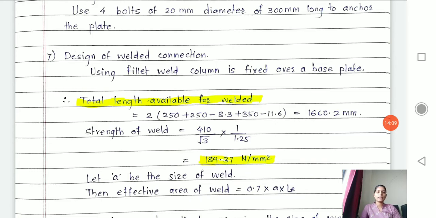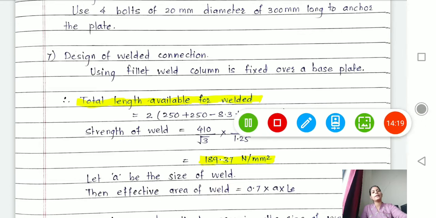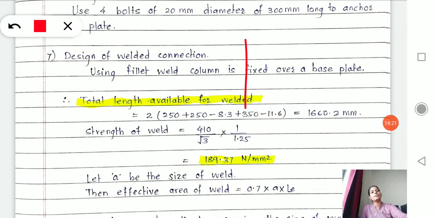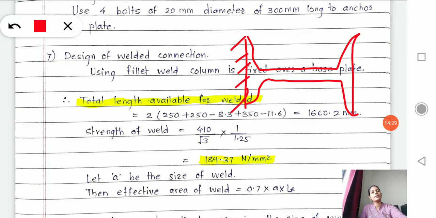You can check in the steel table what the thickness of the flange of an I section used for the column is, and you can reduce half from one end and half from the other end. Okay, see here one more time. We have an I section like this. We have calculated this length minus the width of the web, then we have calculated this length.